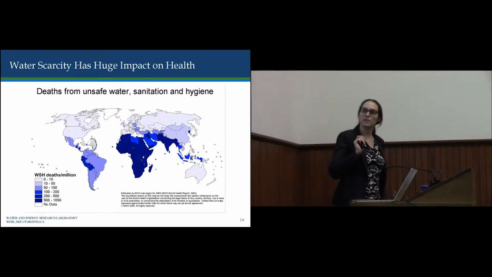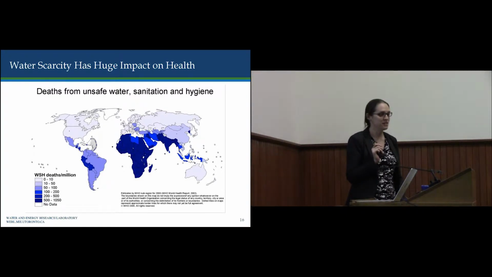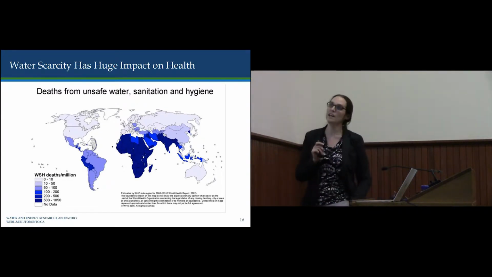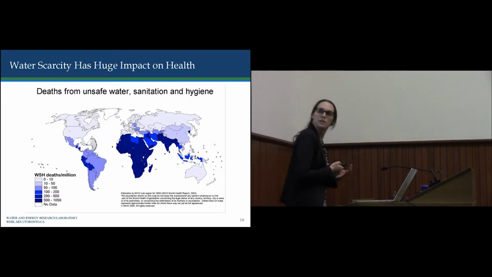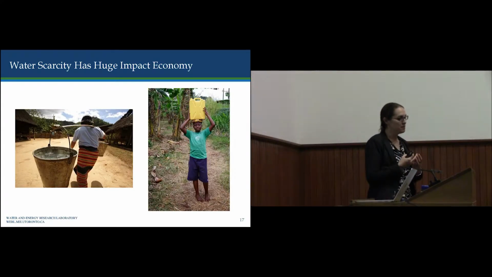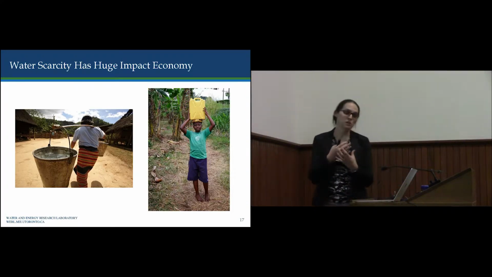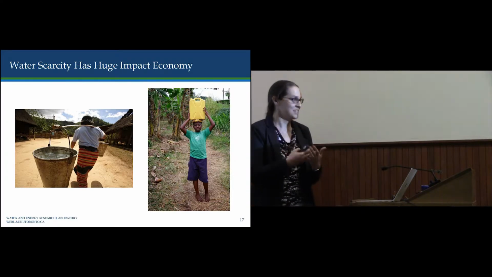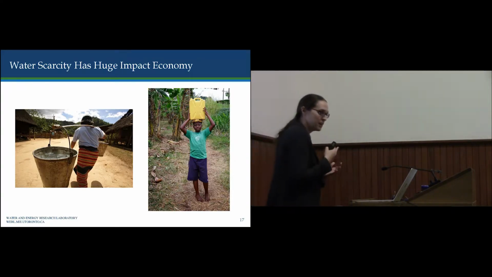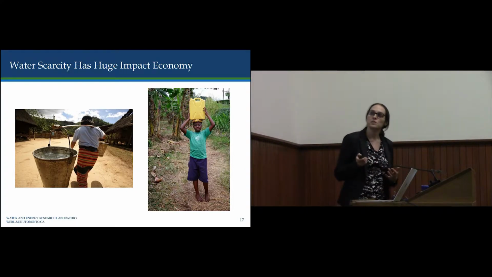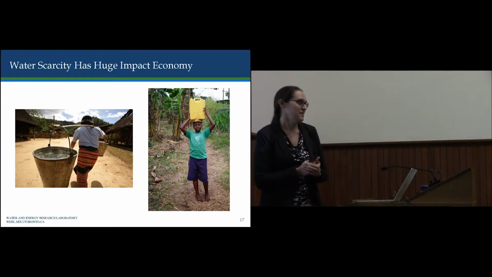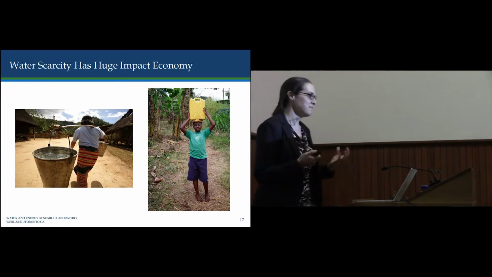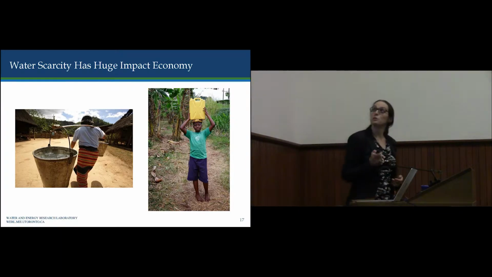So having access to reliable water for these areas is a critical thing. And it's almost a cyclical problem, right? We're talking about not having access to water, and part of the reason they don't have access to water is because they don't have money. But then they can't necessarily make money because they lack access to water, right? This is a very common sight you'll see in many of these areas. This is a woman walking to get water. If you have to spend many hours a day walking to get water, when do you have time to work to make money? And it propagates